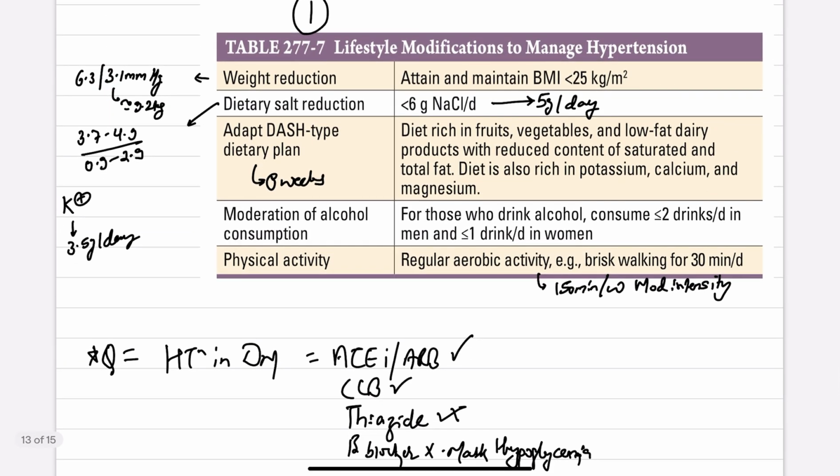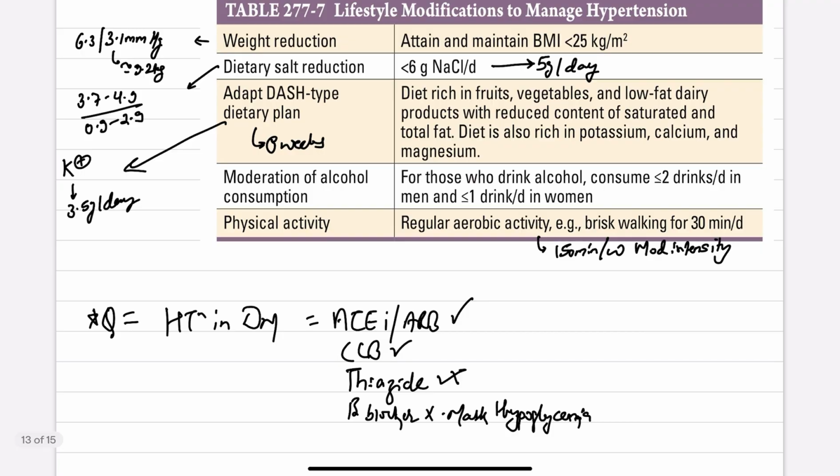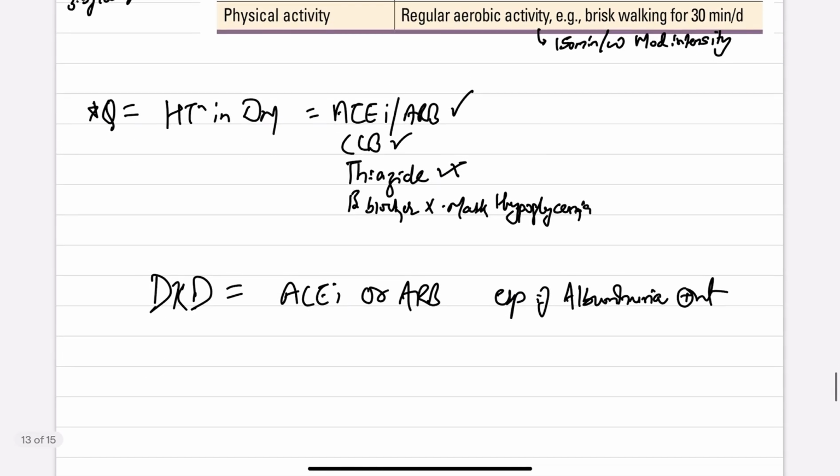Potassium, the potassium guideline in the DASH is potassium 3.5 gram per day minimum. Because in the DASH diet, they included the fruits, vegetables, low-fat dairy products with the reduced content of saturated and total fats, and also diet rich in potassium, calcium, and magnesium. These three nutrients. So, what is the drug that is preferred in the hypertension with diabetes? It is the ACE inhibitor, ARB, CCB, but thiazide not so preferred because it also causes the hyperglycemia, as I told you, and beta blocker is not preferred because it can mask the